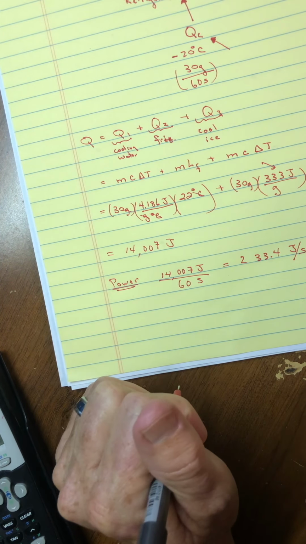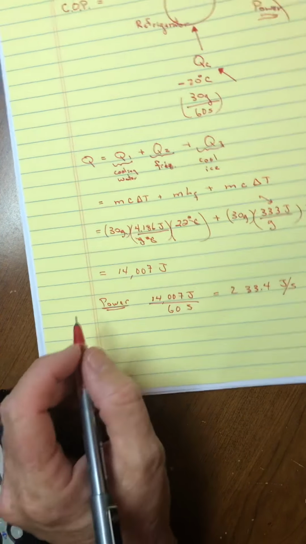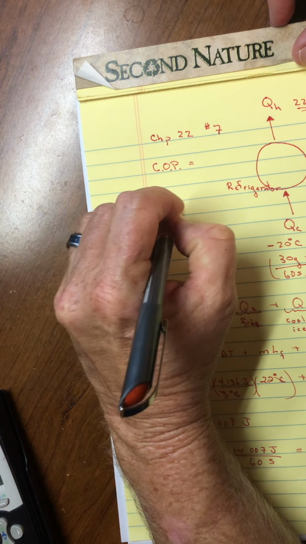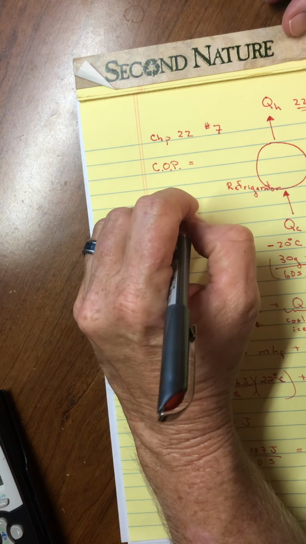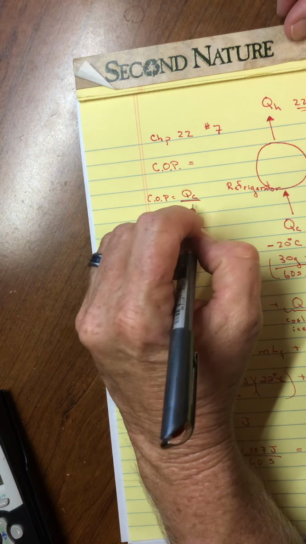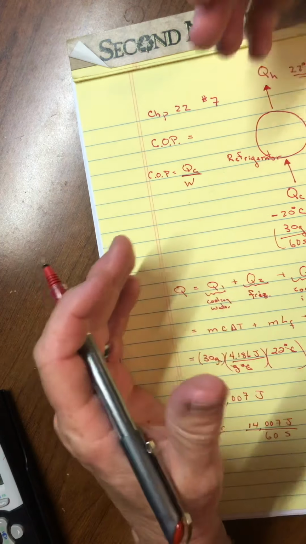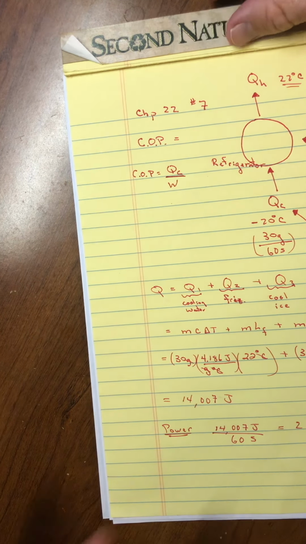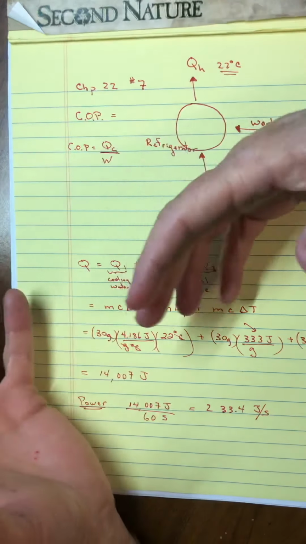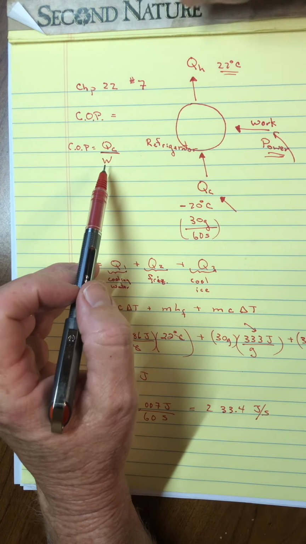Okay, now the beauty of a refrigerator, and the reason we call it the coefficient of performance, let me come back up here. I started mentioning the coefficient of performance, is because the amount of energy it can actually remove can actually be quite a bit more than the work required to put in. It's kind of a leveraging effect. That's why we don't want to call it an efficiency. Like heat engines, we call it efficiency because you can't get more out than you put in. That's a violation of conservation of energy. But here you can actually get more out than you put in,